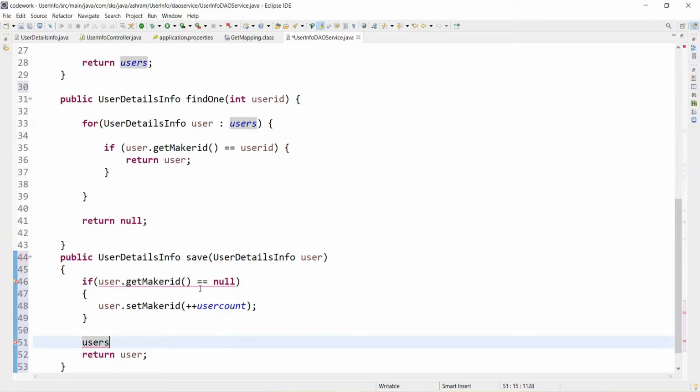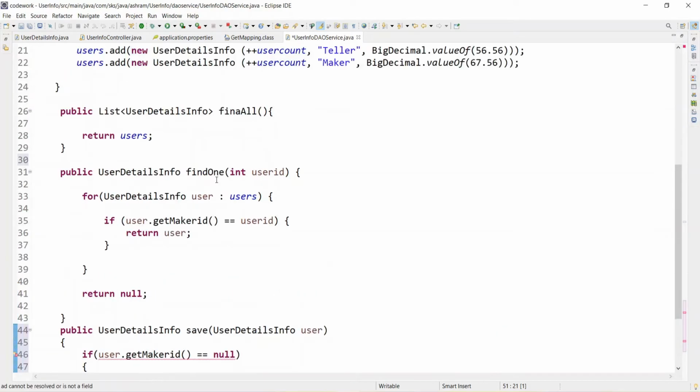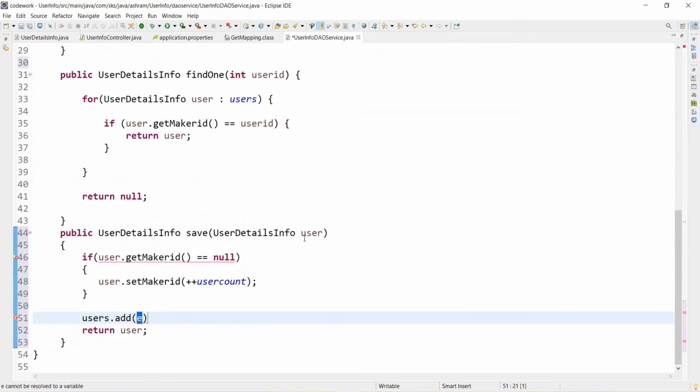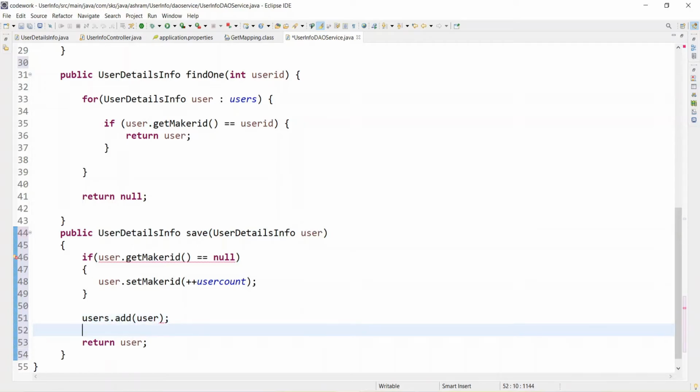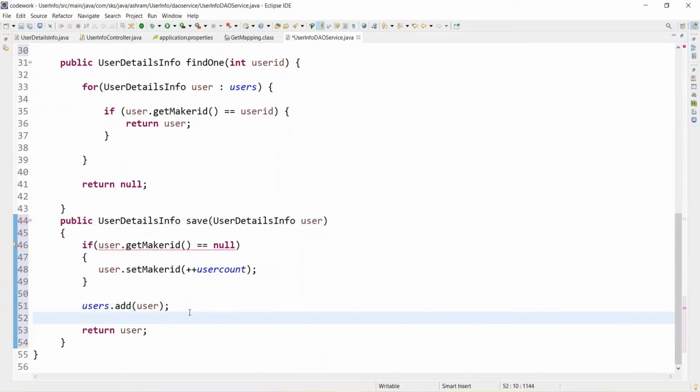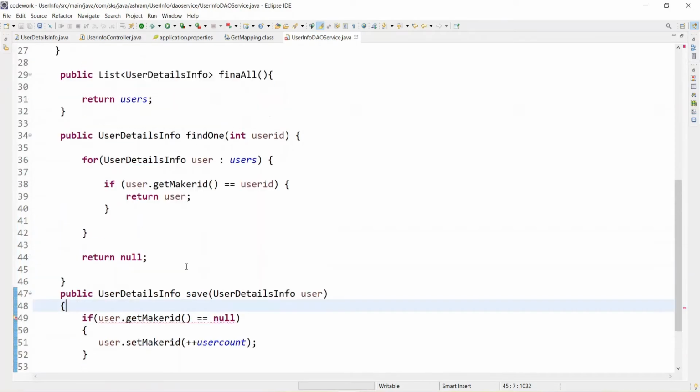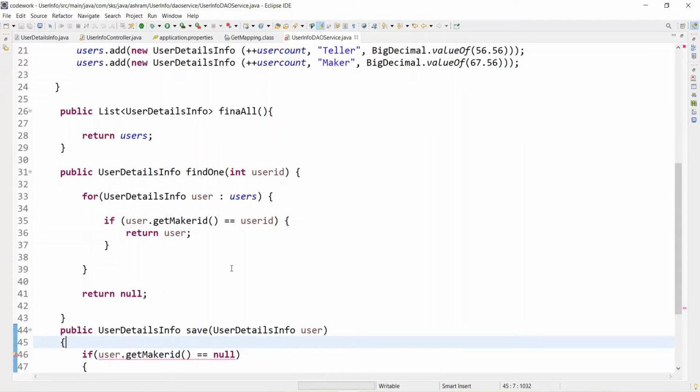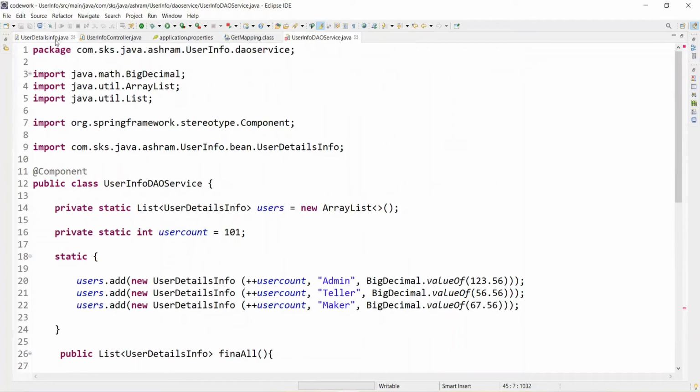And thereafter, after setting, we will add this, users dot add. This is our list of users. We'll add this user, and thereafter we'll return the same user. Why this error? The operator is undefined for the argument type null. Sorry, the maker id that we have taken is a primitive type.